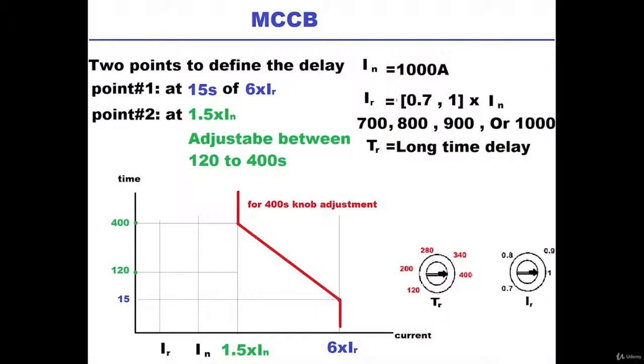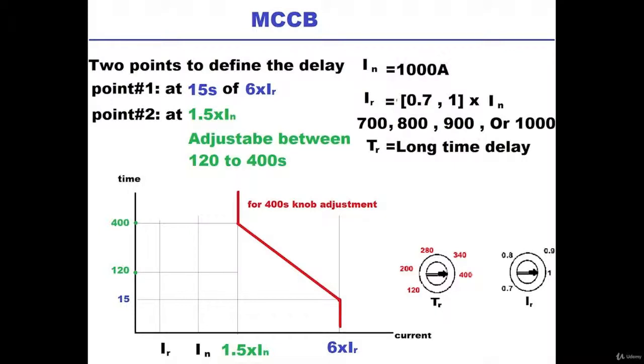Now we got a declining line. What does that mean here? Any current value in between 1.5 times IN and 6 times IR is going to take in between 15 seconds and 400 seconds to have the circuit breaker trip. At least 15 seconds and at most 400 seconds. Values that are less than 1.5 times IN are not going to be included in the tripping characteristics, so nothing is going to happen, and it will be totally okay to draw a 1.4 times IN current without having the circuit